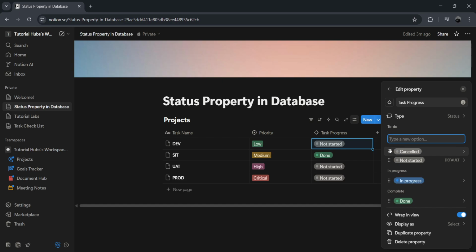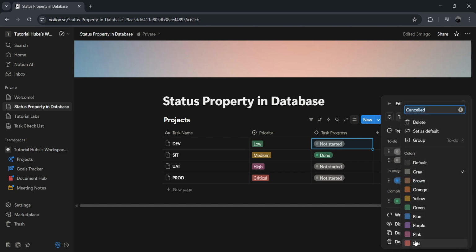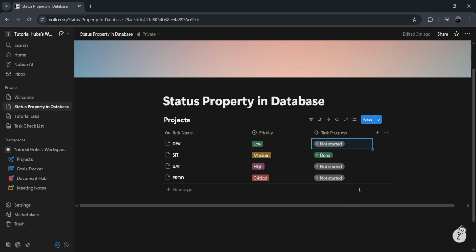As you create or modify each status, you'll also notice options to assign colors and icons. Take advantage of this by choosing distinct colors and icons for each status. These visual markers make it incredibly easy to scan your database and instantly understand the state of multiple items without